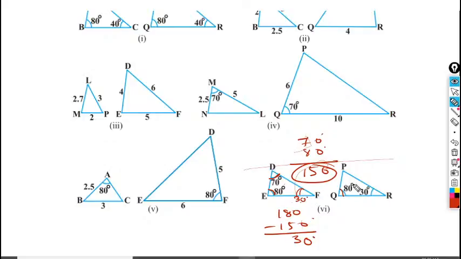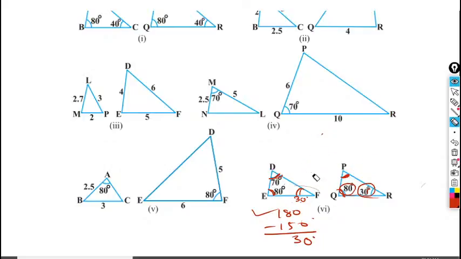Here also the same story will be happening. Here one of the angles is 30, one of the angles is 80, and there must be angle P. You can find the value of angle P. So angle P will be 70 degree. Now you can compare between these two triangles. See, 80 degree, 80 degree. D is here 70 degree, 70 degree is also here. 30 degree, 30 degree. So here three angles of one triangle are equal to the corresponding three angles of another triangle.